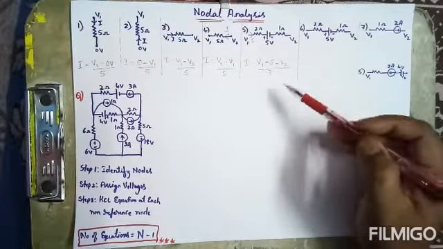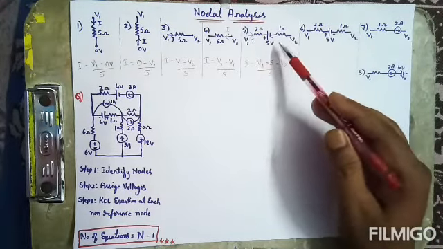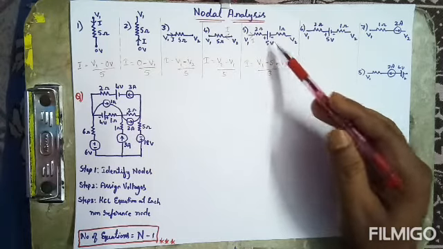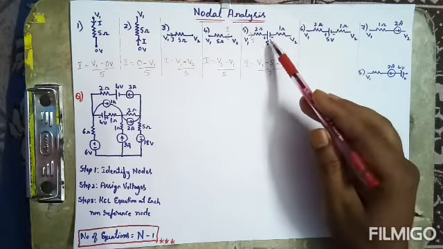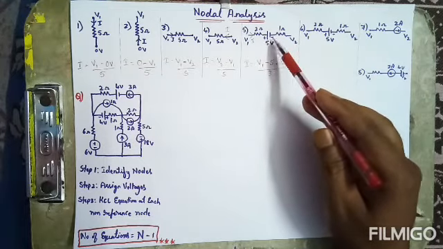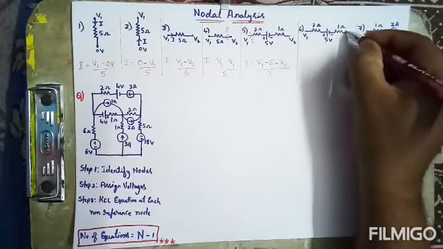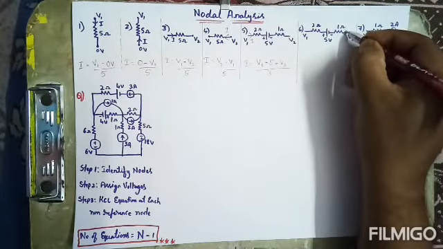So this will be the expression for the current. If any source occurs in between the two terminal voltages, then we should consider that voltage here with a sign. The sign to be considered is that of the terminal from which the current is leaving that source. So here the current is leaving from the negative terminal, so I should consider that sign.